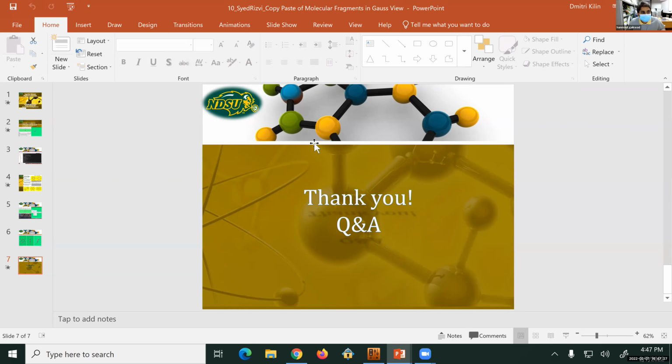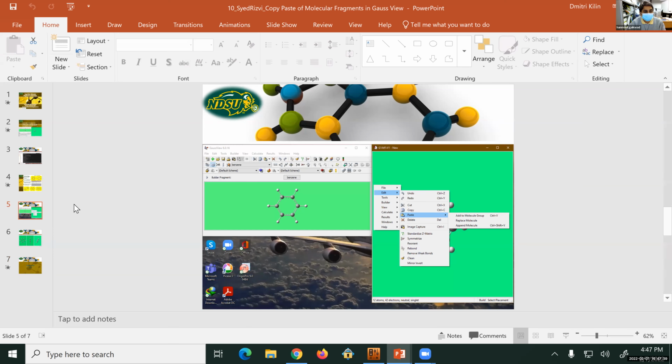Nice presentation. I have one question. Once we select the molecule, we are directly pasting that molecule in the viewer window, right? Yes. So can we select any one of the atoms from it and then paste it there so it can get attached?